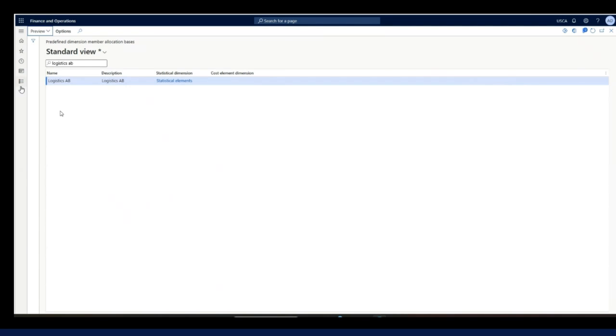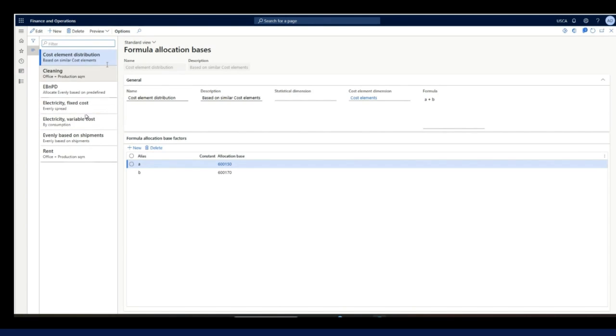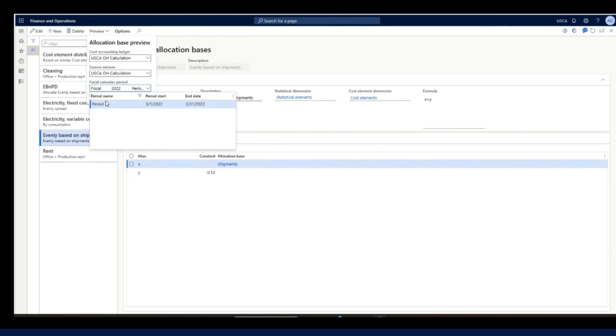And now let's also go back to formula allocation base, because that is the third allocation base that we are going to use in our session today. So let's quickly look into evenly based on shipment. The definition of this we have already covered. Now let's quickly see the preview, again by selecting the cost accounting ledger and the period that we have. So once we do that, we would be able to see for period 3,